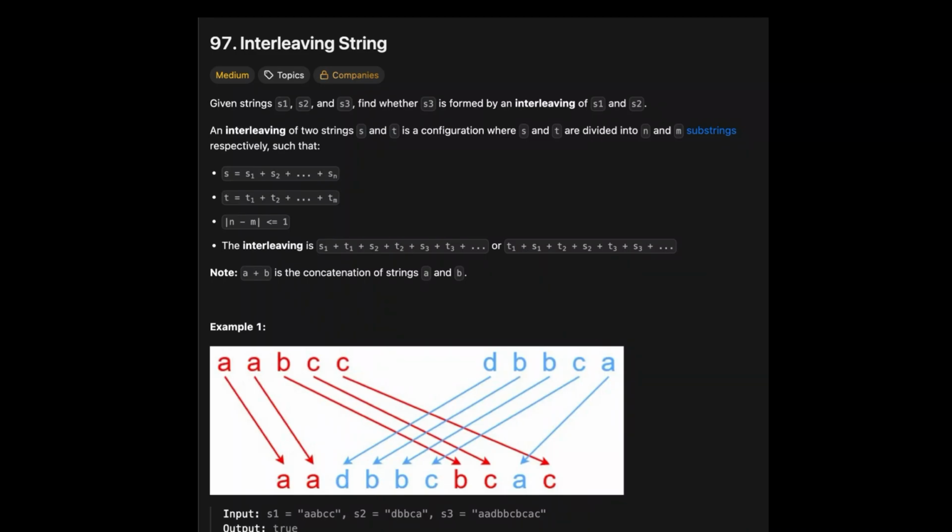Hello everyone, in this video we'll be solving problem 97, interleaving strings. The problem statement is to figure out if we can build string S3 by interleaving strings S1 and S2. Interleaving means that we need to take the characters from S1 and S2 in the same sequence and try to